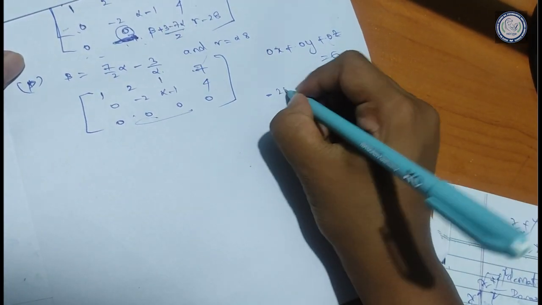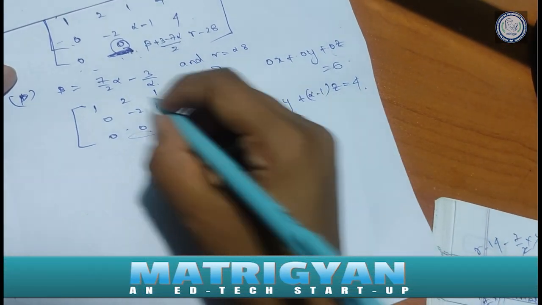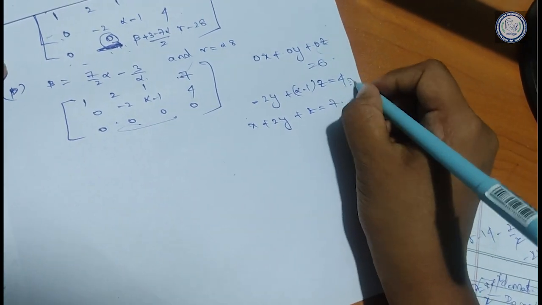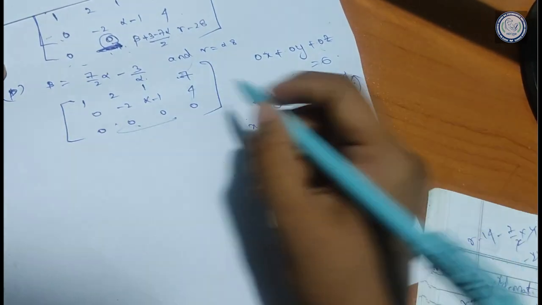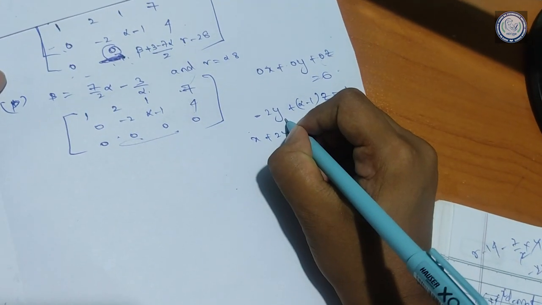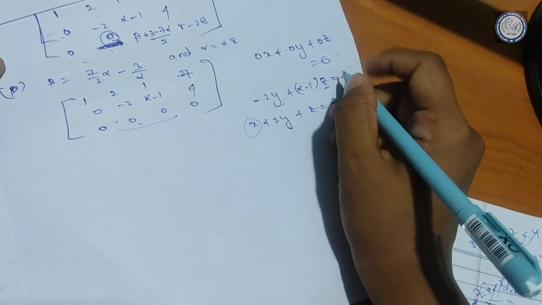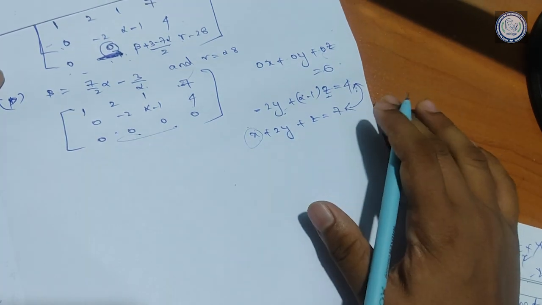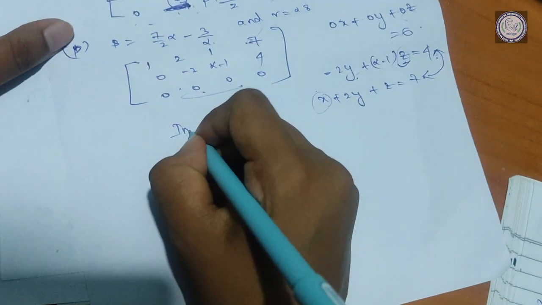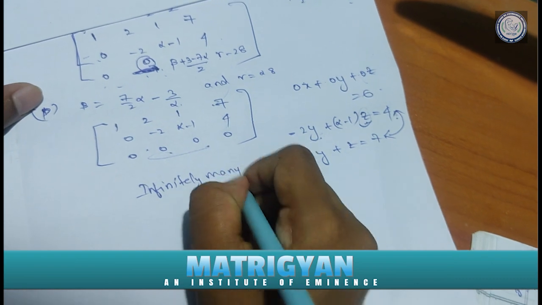Next step, if we go, 2y plus (1 minus alpha) into z equals 4, and x plus 2y plus z equals 7. So we have restrictions here. If we choose any value of z, we get y, and we will get x also related to the value of z. So here one variable is free, like the solution of the equation completely depends on any one of the variables. You can choose any one variable. So here we get infinitely many solutions.